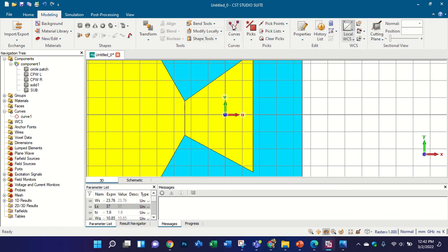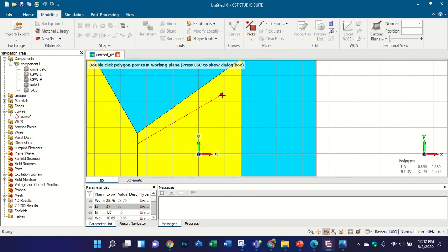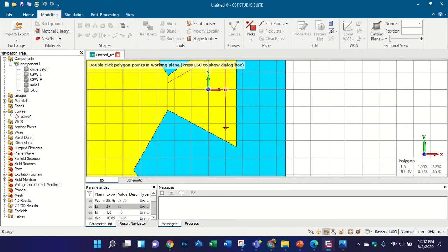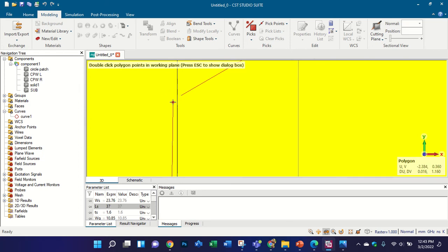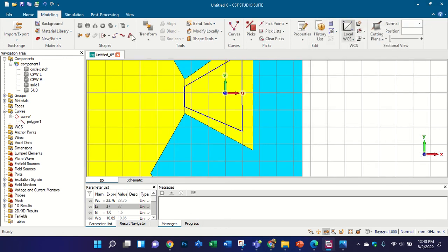I am going to create another handle, like this. I am creating another handle. I combine both the points. Click OK, and now